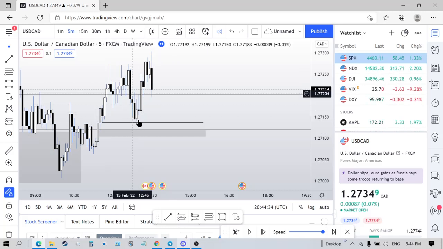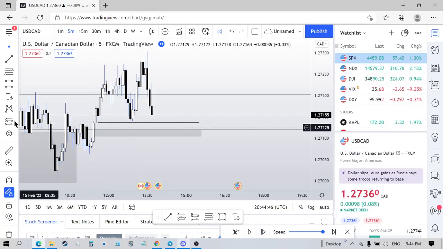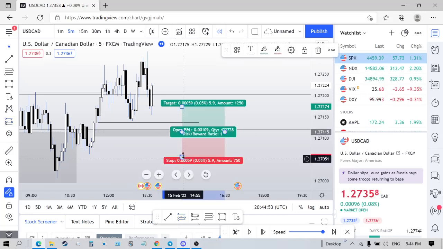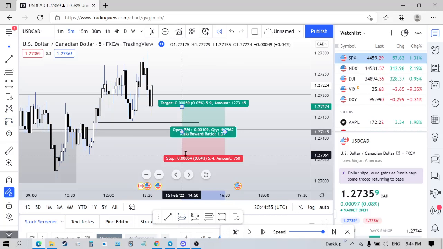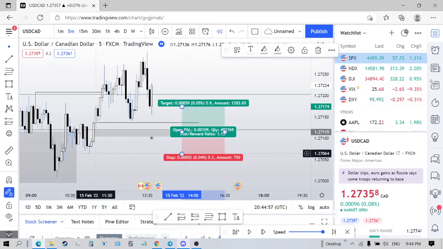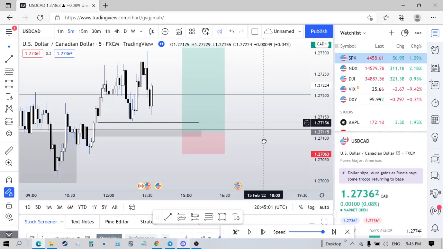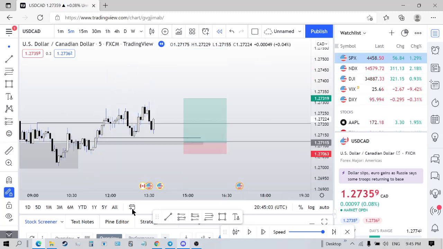I don't care that it did this and moved. If it shoots up, then it shoots up. I'd rather see it do this right here than just come down and come into this and then move up. When it does this, that's a lot better for me. All right, so we put our position tool here, stops right below the swing low, just in case it wants to pierce deeper. And then your targets right above, which is where I was expecting it to go.